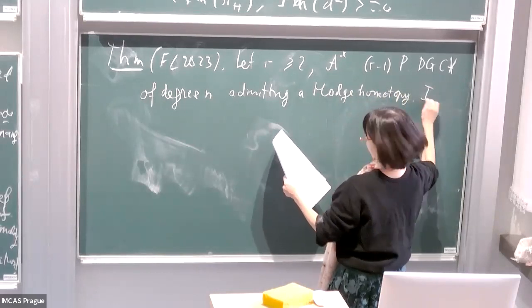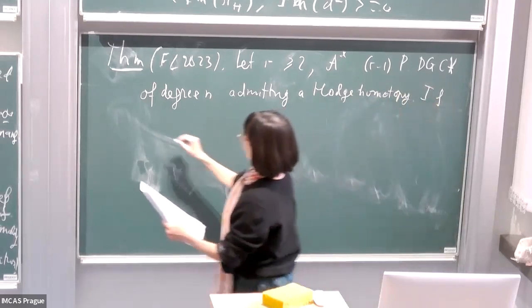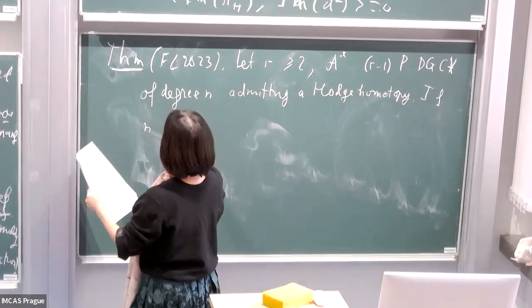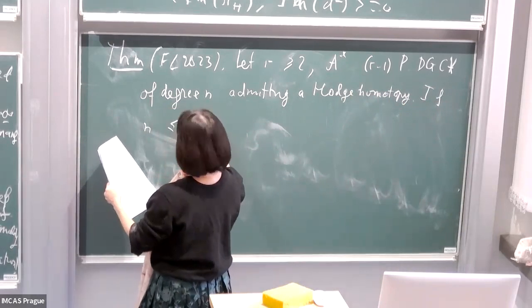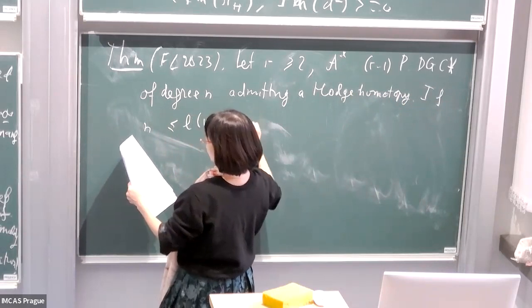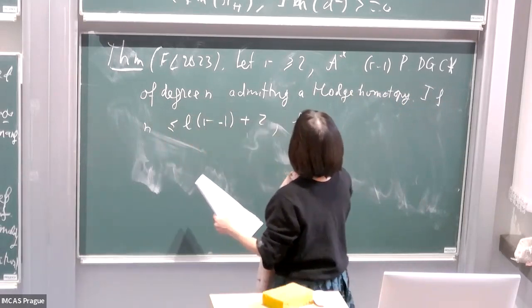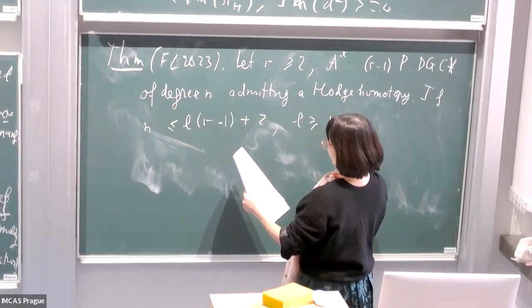So if n is less than or equal to 2R minus 2 and bigger than or equal to 4, then